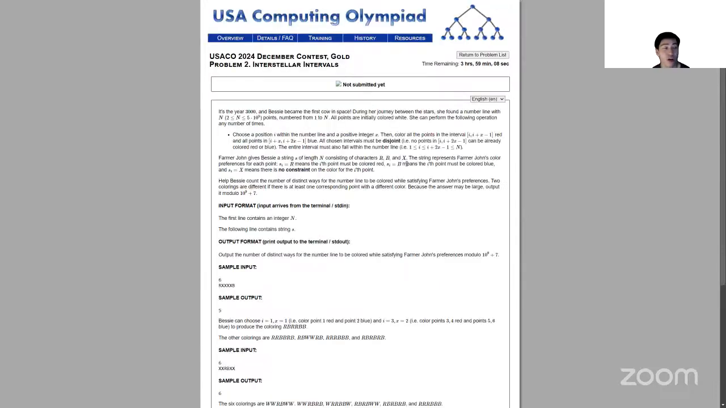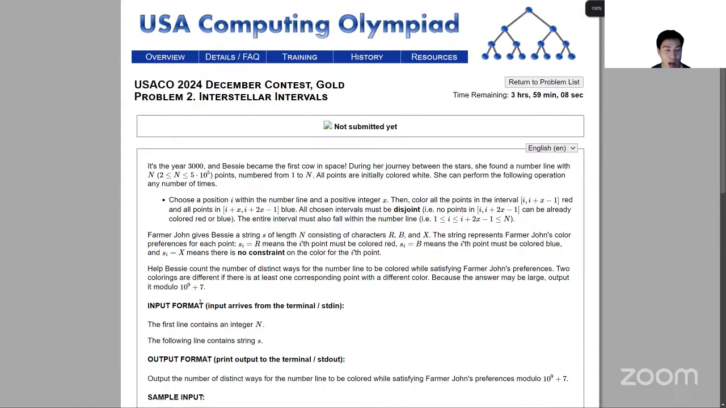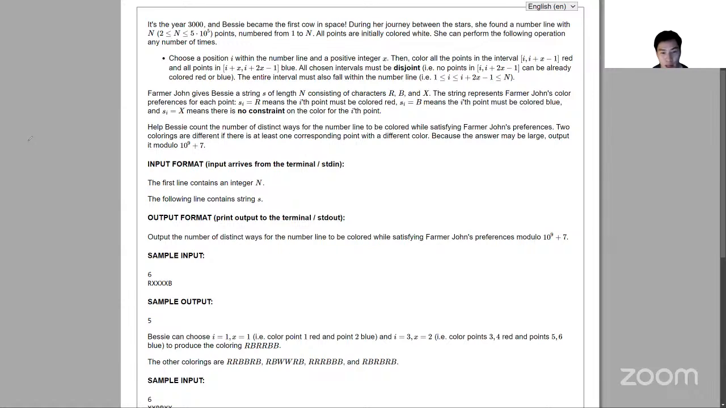All right, for our third and last problem we'll be discussing, we have interstellar intervals. So essentially, for this problem, you're given some string, and these are the constraints. So what happens is you start with like a blank canvas,